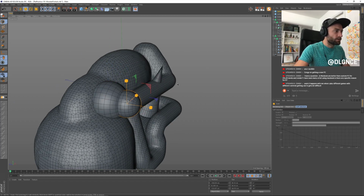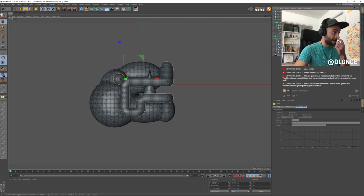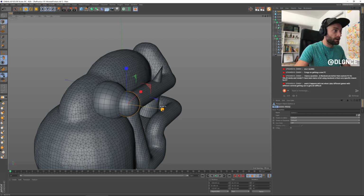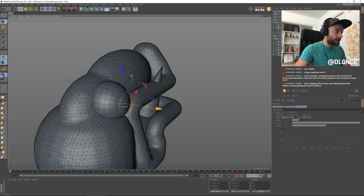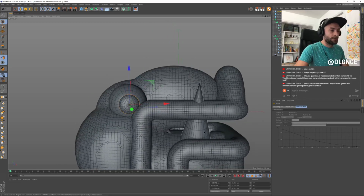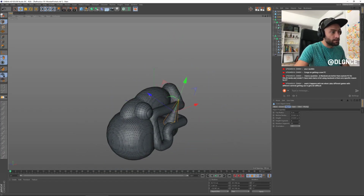Now, because we're only really worrying about one side of this illustration, and because I'm using this head-on camera, I'm not going to worry about modeling the back side of this character at all. Not even going to bother using a symmetry object. Just going to do the one side. I mean, you could do all this and then throw it into a symmetry if you wanted to create a similar character, but then